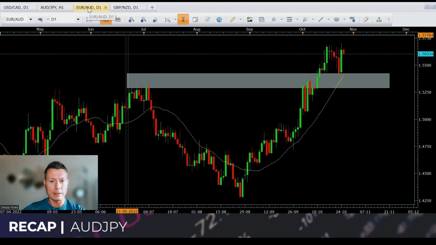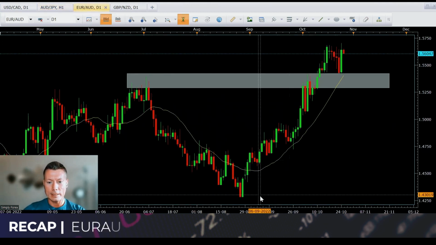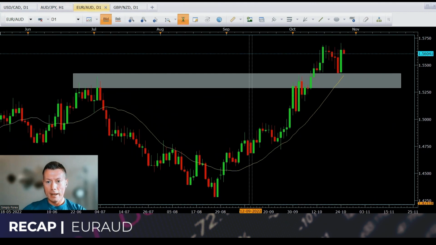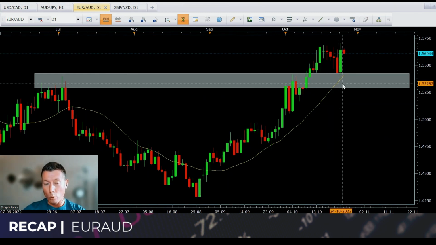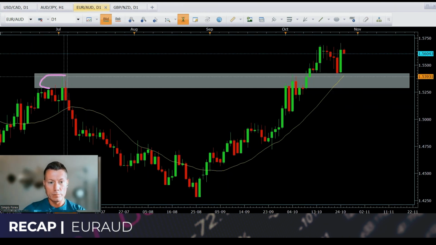All right. Next trade idea from yesterday was this. This was the euro against the Aussie dollar. And it was a simple what-was-once-resistance-becomes-support trade. So this grey zone was obviously good resistance for this pair. And then once this resistance breaks and it comes down, this zone then becomes good support to come up. And as you can see, guys, look at this green candle. That's exactly what happened. So the question is, could we get in on this pair? Because that was quite a strong reaction at that zone.